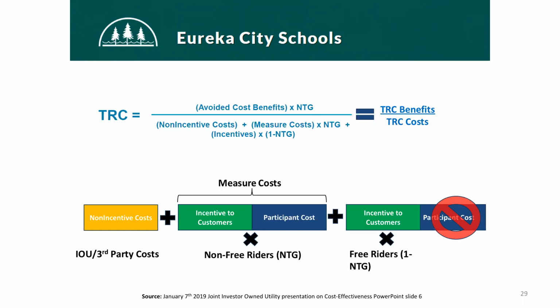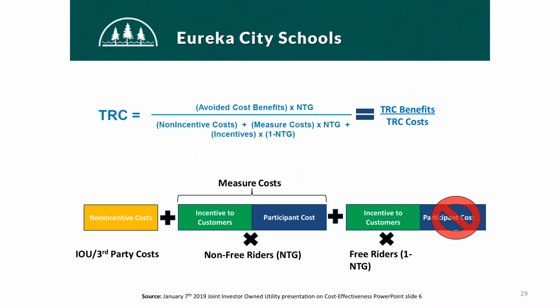On the back side, or the denominator side, you're going to see non-incentive costs. This is administrative costs, measured costs, or participant costs. We'll come back to that one. Times net to gross, incentives paid to the participant, and then incentives paid to free riders, which is a really important part of all of this. And so when we look at administrative costs, that could be the program administrator costs, the third-party administrator costs. Incentives to customers is exactly that, the net sum value of incentives paid to non-free riders, and then participant costs, which can be a little bit